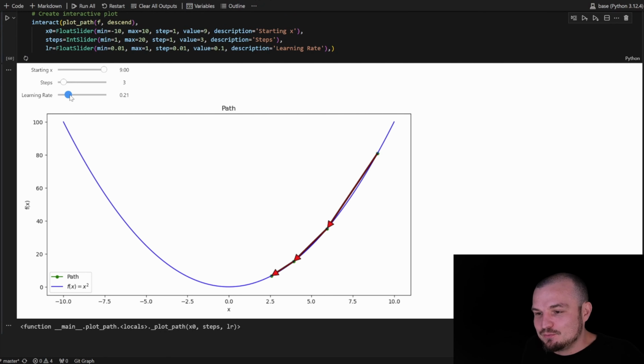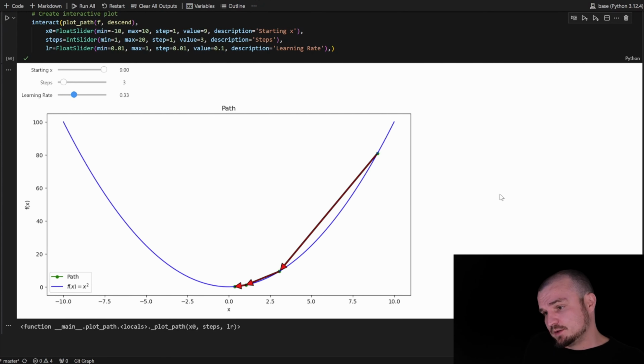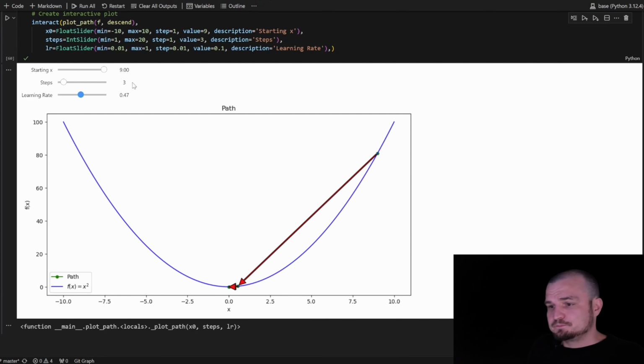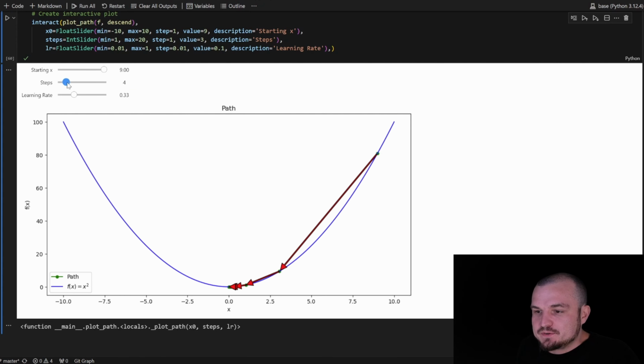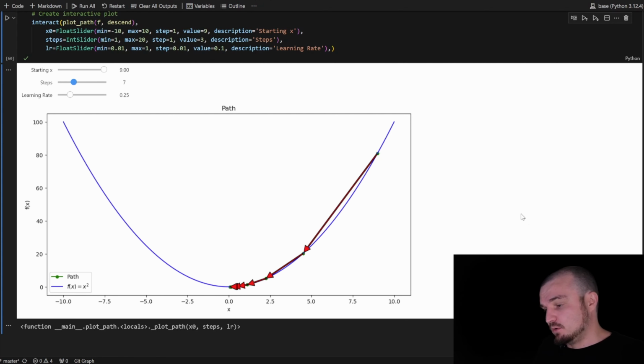And if we change the learning rate, let's use, for example, 0.3. You can see that we are pretty close to 0. Let's just increase this a bit, and now it's exactly 0. Again, you can play with the number of steps and with the learning rate. You can change the number of steps, or you can change the learning rate, and you can see how it works, how it performs.